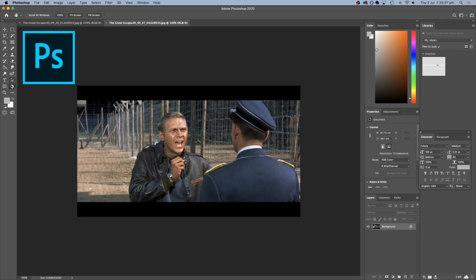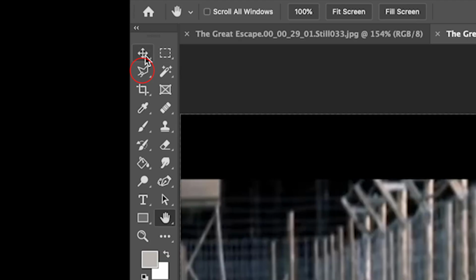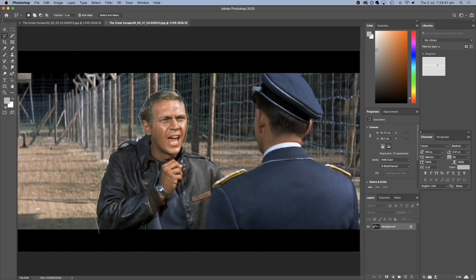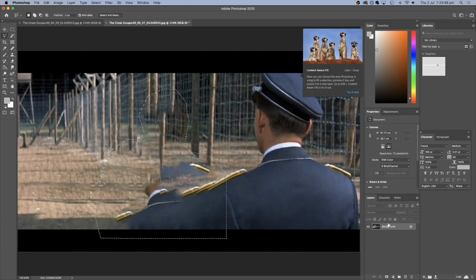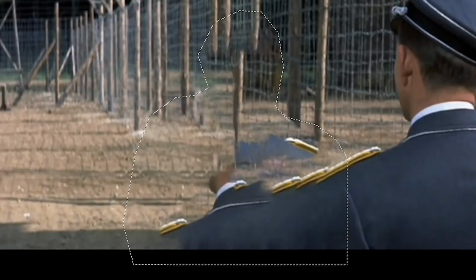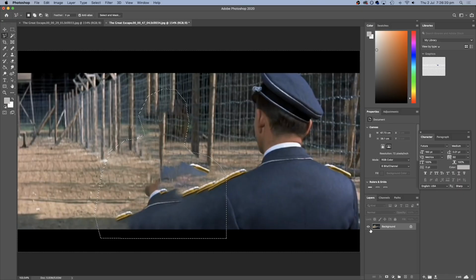Next, I opened the frames in Photoshop, and there are a couple of ways we can try and remove the actor. If you use the lasso tool to cut out a certain area, Photoshop will actually have a go at using content-aware fill to replace the area with what's around it. However, as clever as this was, it doesn't get it completely right, and I preferred to do it manually.